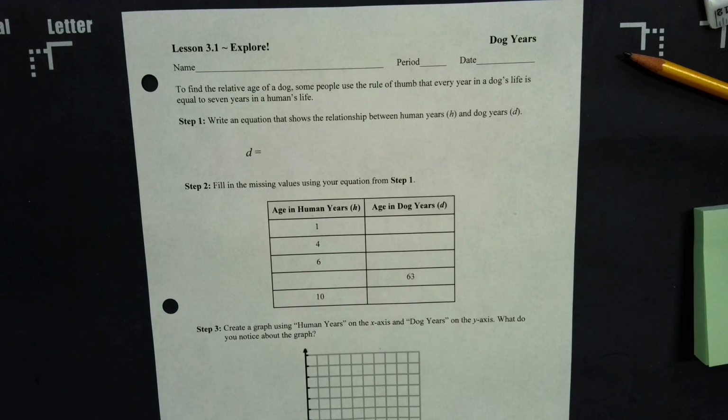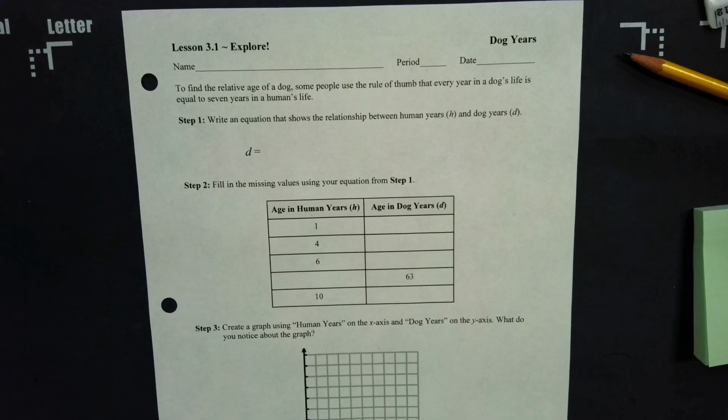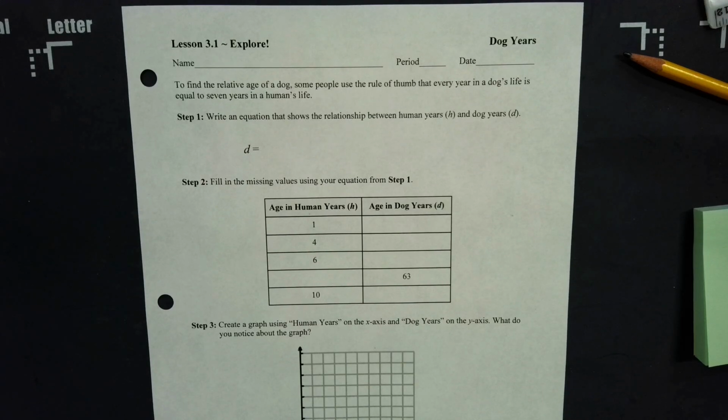Okay, to find the relative age of a dog, some people use the rule of thumb that every year in a dog's life is equal to 7 years in a human's life. Okay, so, did I say that right? Every year in a dog's life is equal to, yes. Okay, so, if we wanted to write an equation that represented that,